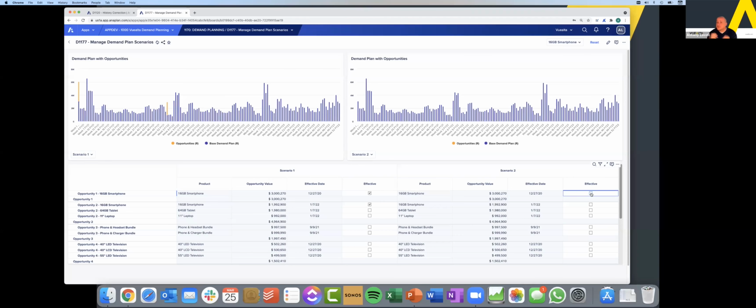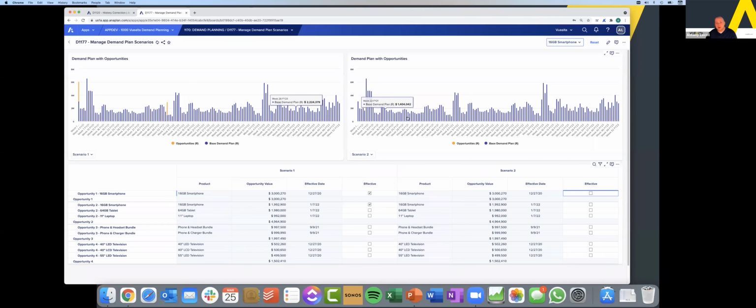And I think that nicely ties into our event-driven approach and scenario-based approach. So for me, there's a number of things that could happen, which are scenarios, and a number of ways to respond to these things, which are also scenarios, more response scenarios and demand scenarios. And here's just an example where we have a number of opportunities in the system. We've sucked in from Salesforce.com.